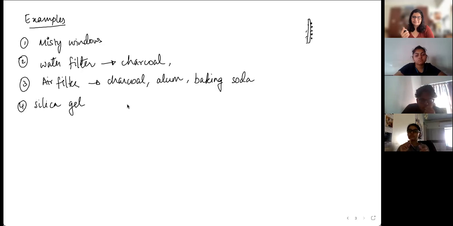Yeah, but I'm not sure whether it's silica gel because it's solid. Like when we buy new shoes, there's this packet that says do not open, do not consume, not for kids. And we get it in new Milton bottles too. Okay, so that is silica gel. It prevents moisture. It absorbs moisture and stuff.